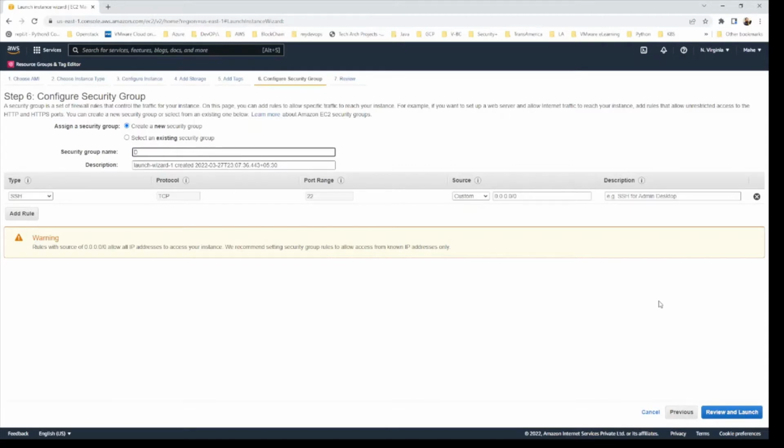I'll call it Docker demo SG. And for the description, it is always a good practice to provide a description so that others, when they see it, will understand the purpose of this security group. So I'll name this as allow Docker traffic. Okay. So for now, I'll select port 22 and